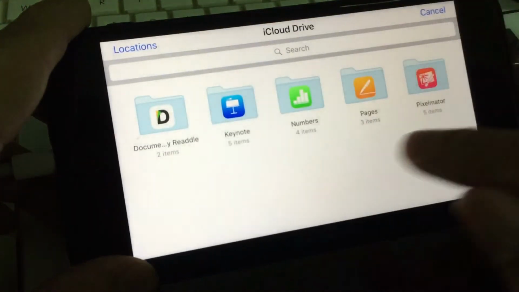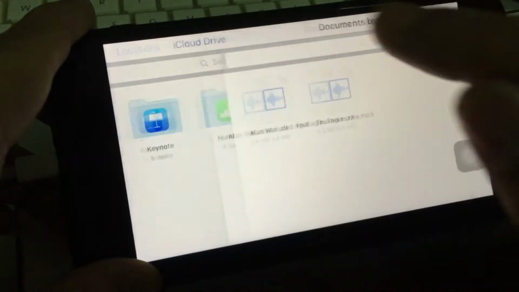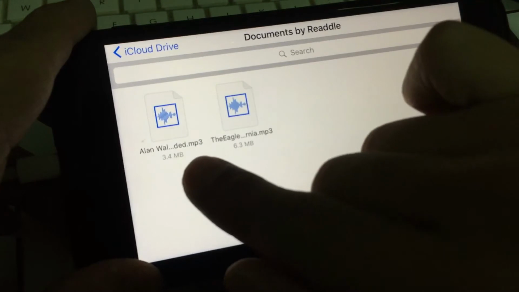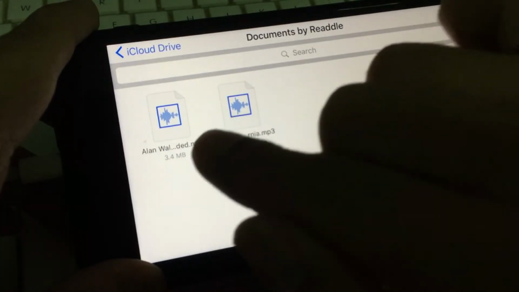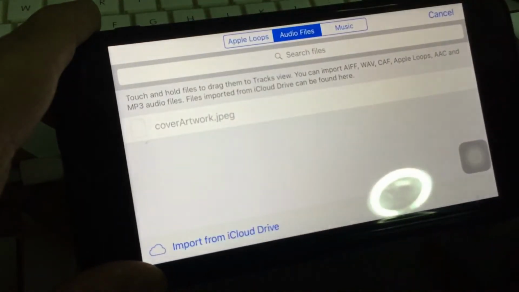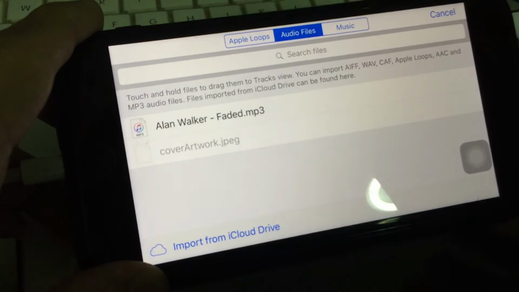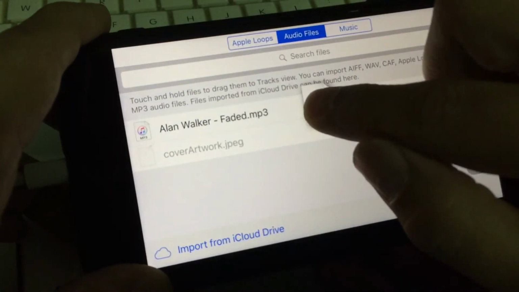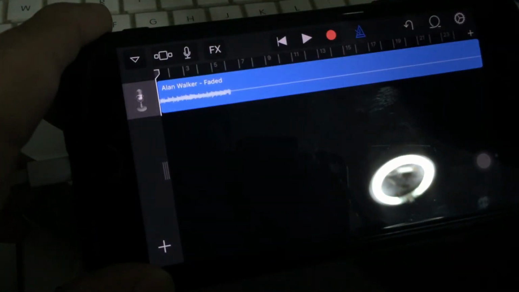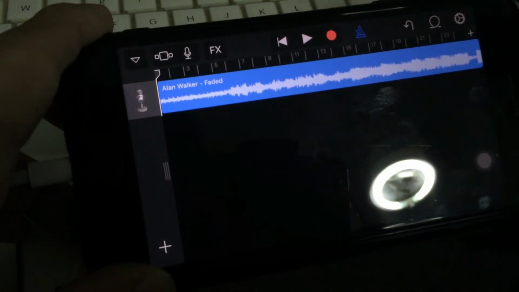Click on here and all the songs are actually in this Documents folder. So you click on this, and the song that we saved just now is at the extreme left-hand corner, the Alan Walker song. Click on this. It will take a while, so wait patiently. It will pop up here once it's done. Once loaded, you click and hold and then drag it over here. Then it will start to buffer the song, and it will be a 25-second song.